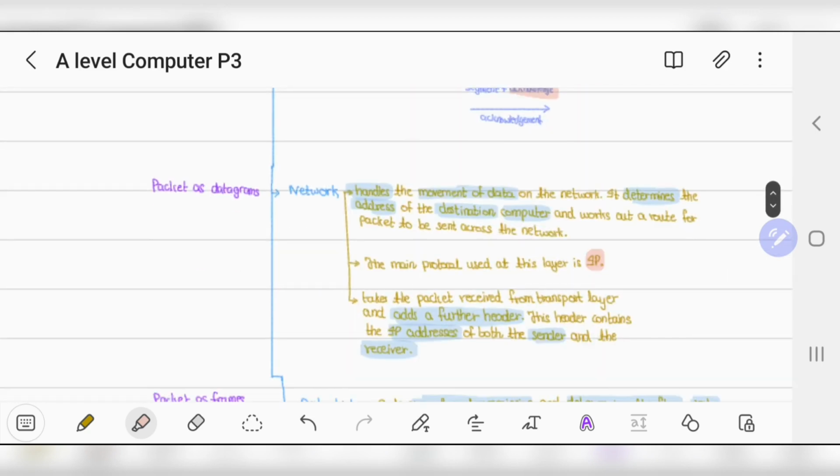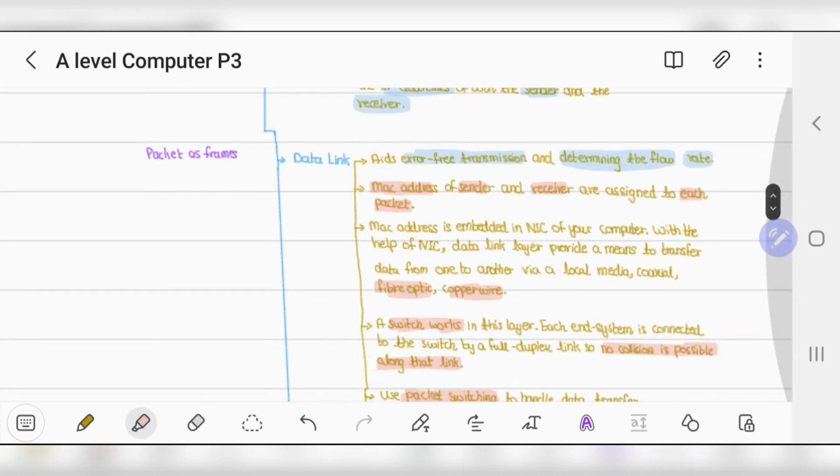Then we have the network layer, where we assign the IP address of the sender and the receiver. It handles the movement of data, determines the address of the destination computer, and works out a route for the packet to be sent across the network. Then we have the data link layer, where we have the MAC address. We assign the MAC address, and we also make sure that there is error-free transmission,